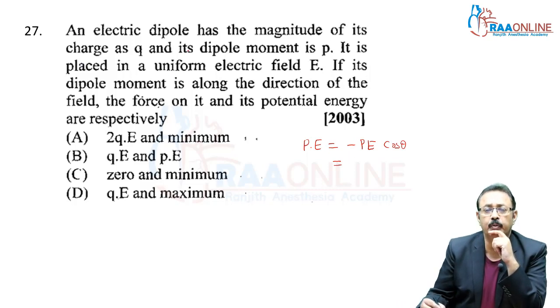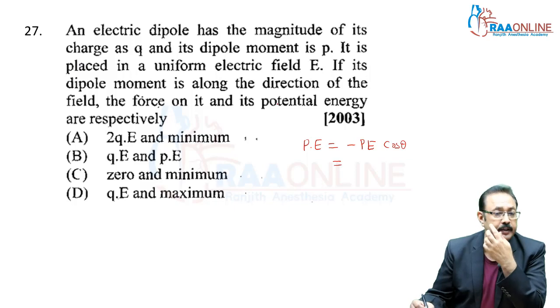An electric dipole has the magnitude of its charge as Q, and its dipole moment is P. So no role of Q because length is not given. If its dipole moment is along the direction of the field, the force on it